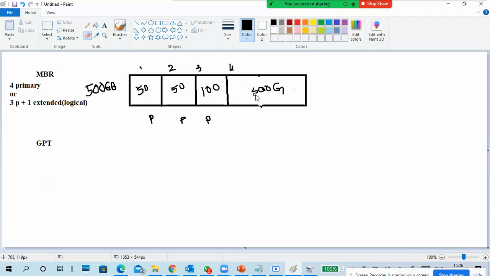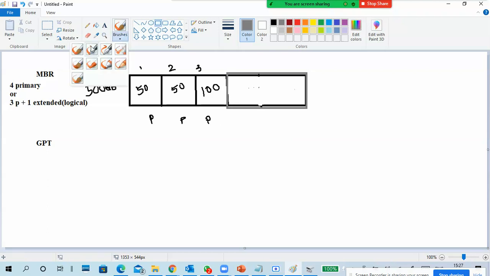Another solution is, instead of making this much big space, make this fourth one an extended partition, like this. Just for our understanding, I am putting some color. Actually there is a color representation for extended.